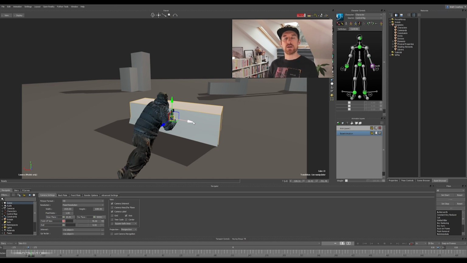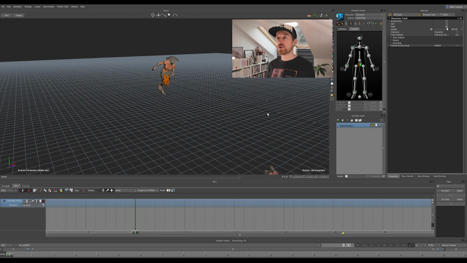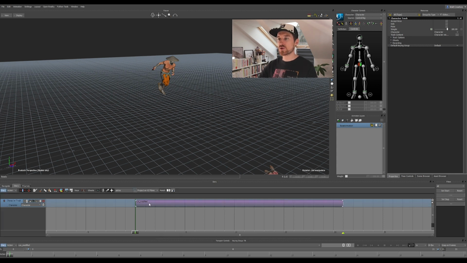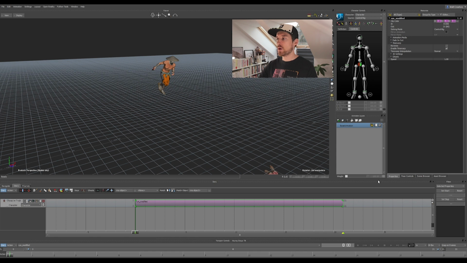One cool feature that is maybe a bit hidden is the reverse function. That's basically the ability to just play your animation backwards. So let me show you. You just need to insert the current take, turn the story on, and then select the clip, and under its properties over here you would have a category called time warp, and then you just need to click reverse, and if you play, then the animation will be played backwards.